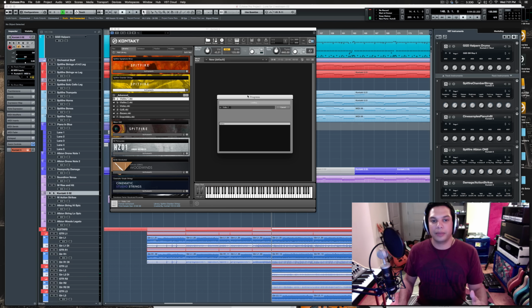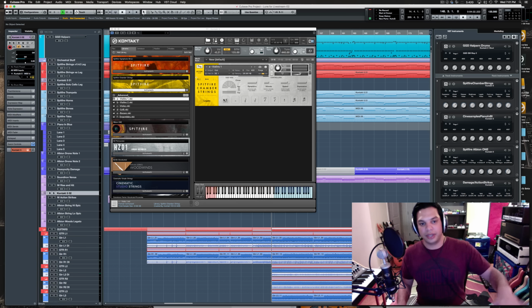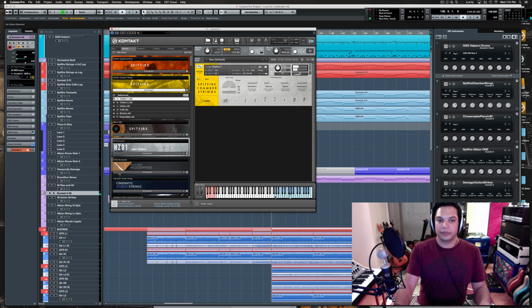They have this set up for the commonly used articulations, and you can control these via key switching, hitting these lower keys at the bottom, or via MIDI CC. You've got your legato there, and then you've just got your longs.